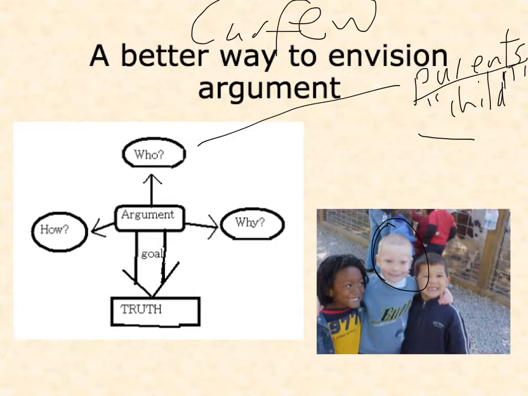Now, why do you think that two people, the parents and the child, which is not always a child, but actually an adult sometimes, why is it that they're having this argument in the first place? Disagreement. Well, that's what an argument is, right? The disagreement. But why are they disagreeing?